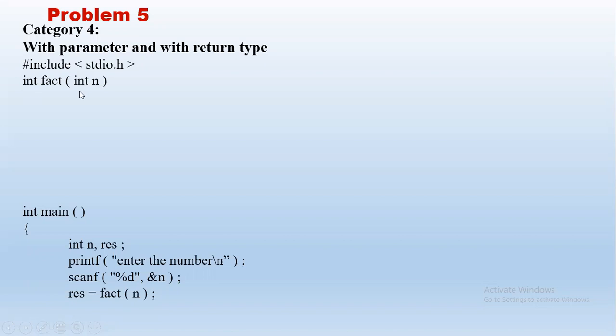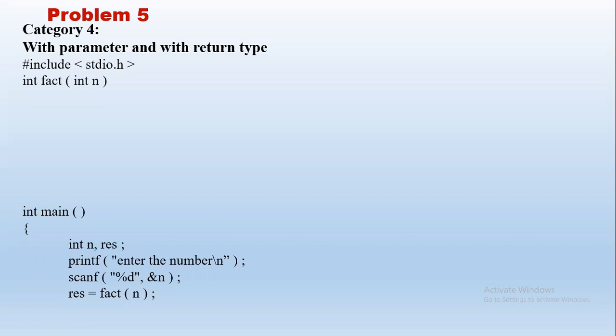Now note the order, the number of parameters and the data type. For the actual parameter, order is no problem, as there is one variable. The number of parameters is one each in actual and formal. The data type: this n is int, and here also we specify int. These three things will be confirmed first by the compiler. So after seeing the function call, it will scan only the prototype. It has checked that order, number of parameters, and data type of actual and formal parameters are matching, so there is no problem there.